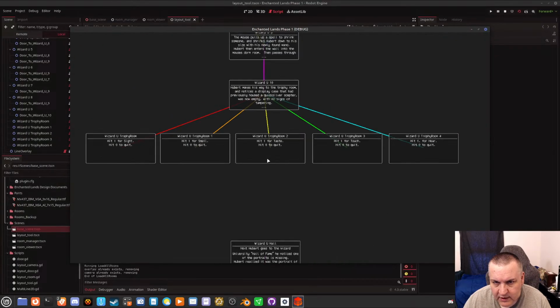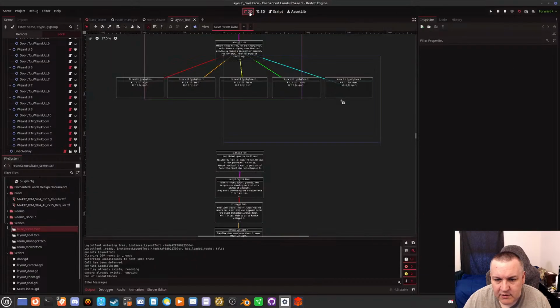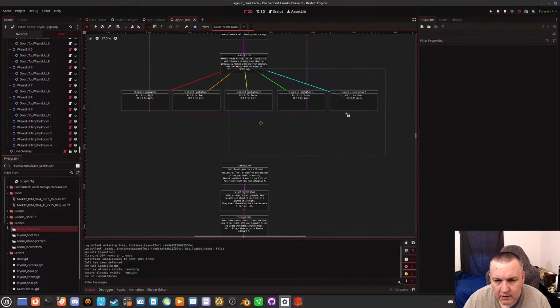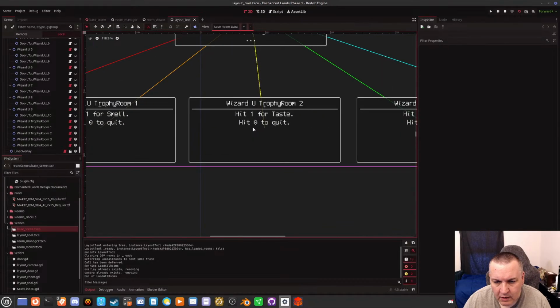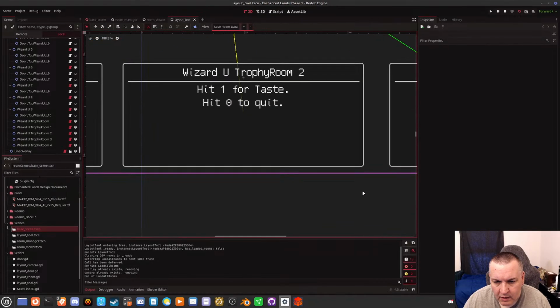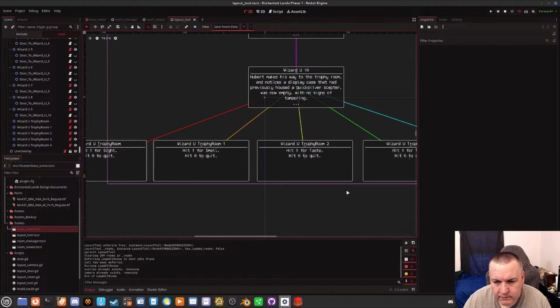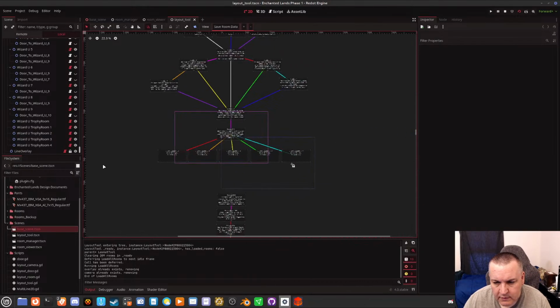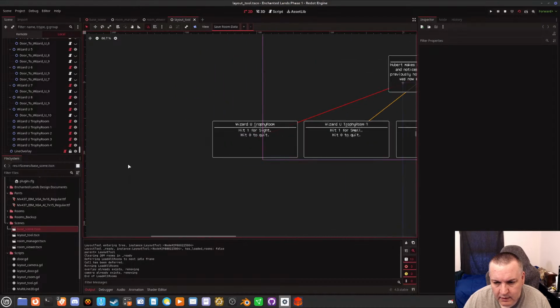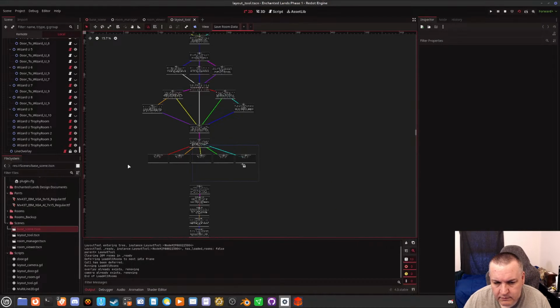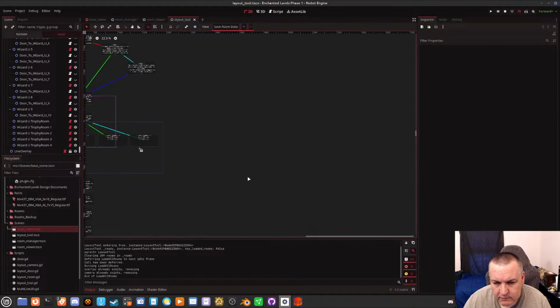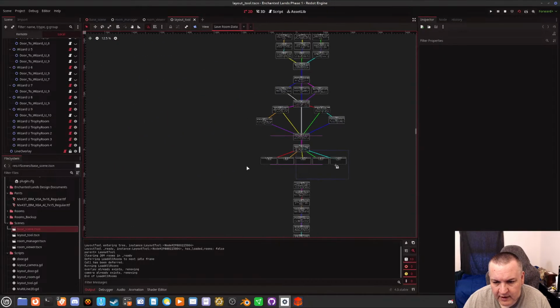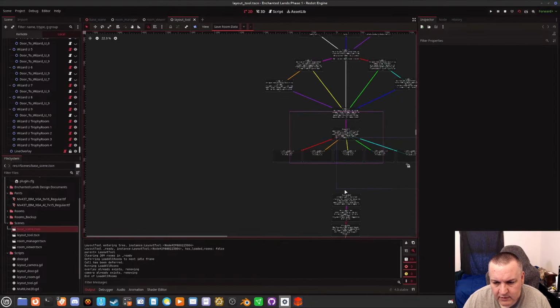Why is it doing that? It doesn't do that in the 2D editor. Oh, this actually, the editor does do that.